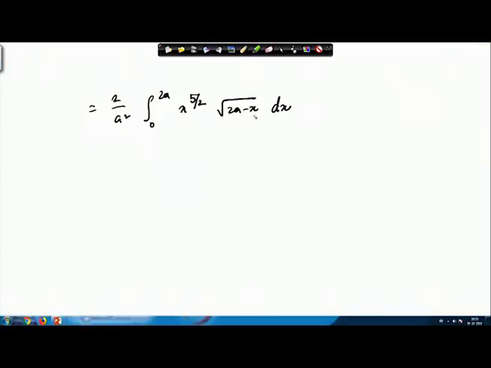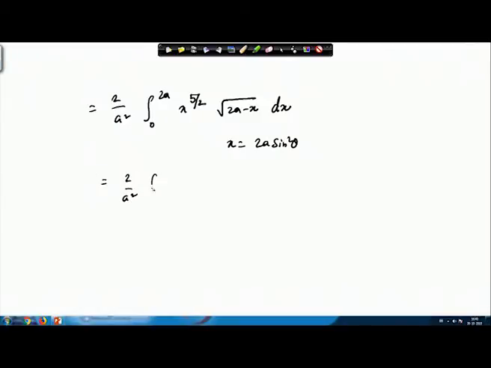So, we substitute x equals to 2a sin square theta, so that we will end up getting some kind of cos square theta that will neutralize the square root. That is what we will do here, and ultimately the whole thing will reduce to